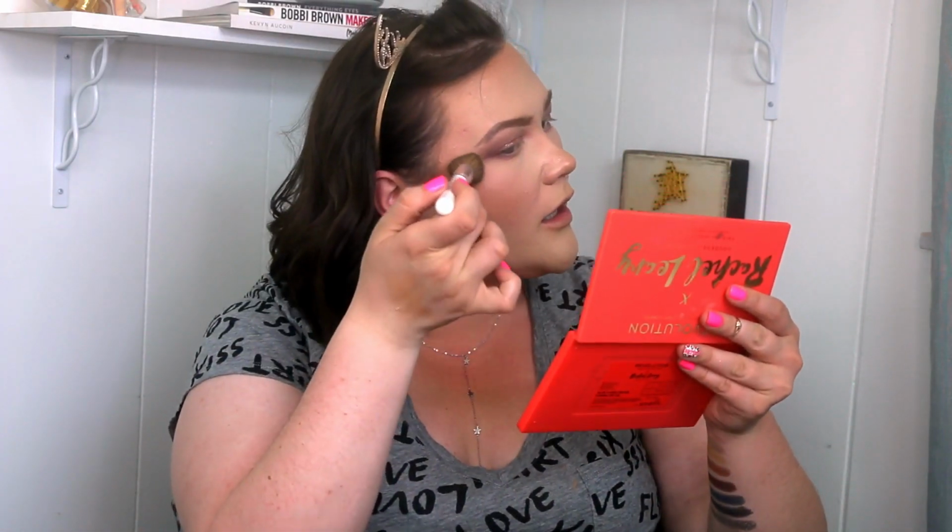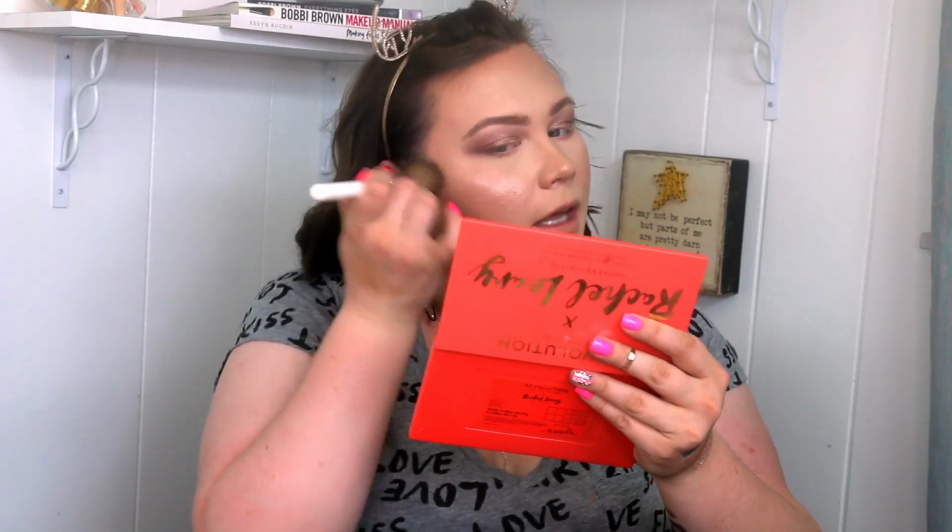So per usual, I'm going to take my Morphe JH05 brush and I'm going to basically just buff this into the skin and kind of pray that it's light enough, which, oh, it is a little bit deep for my skin tone. But you know what I really am loving about this? Let's not talk about the color for a second. Girl, let's talk about the consistency. This thing is buffing into my skin